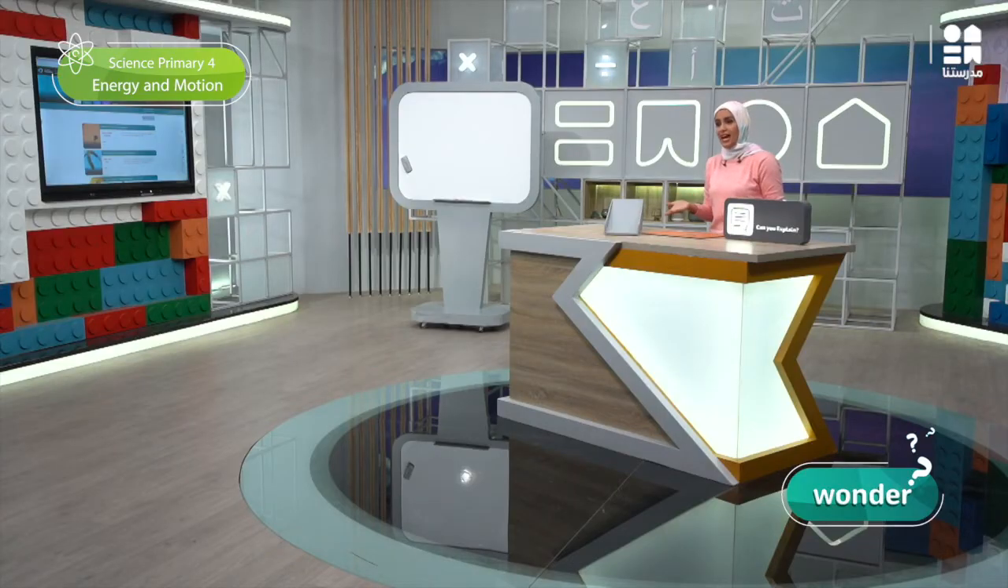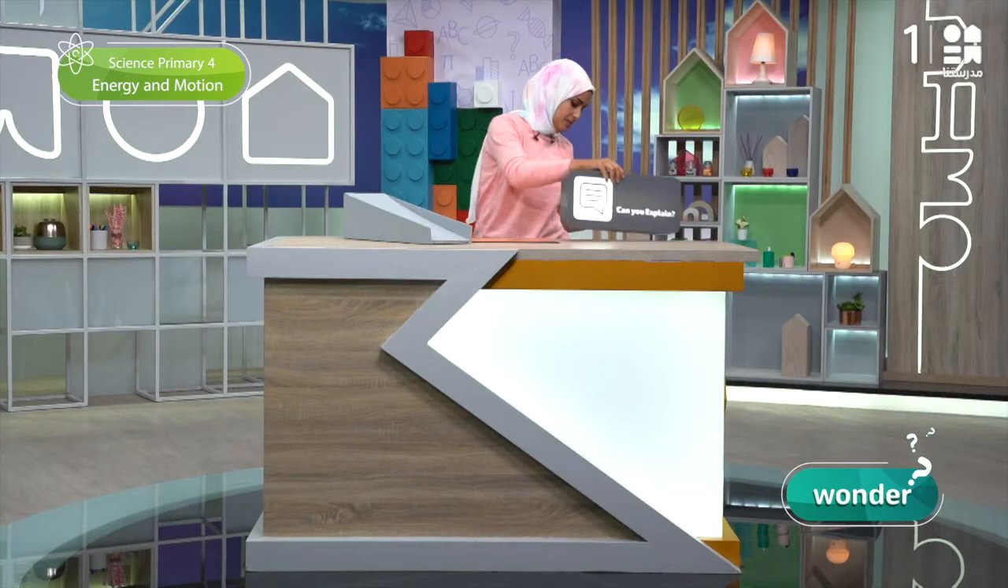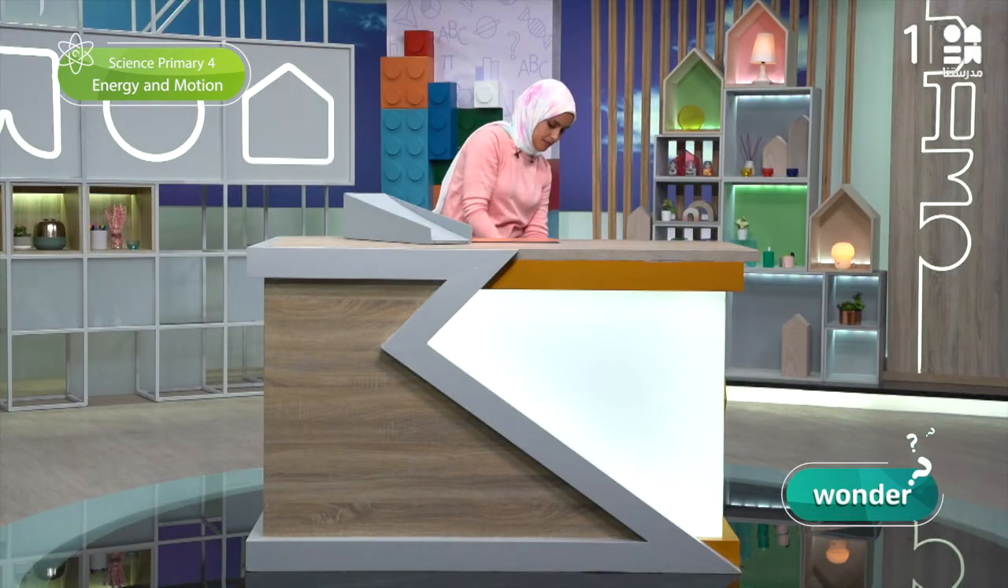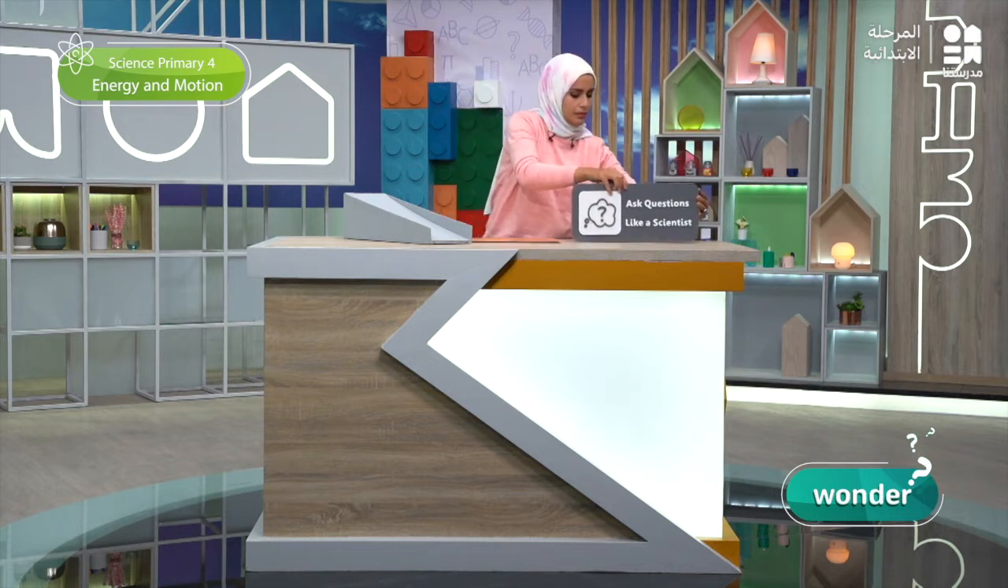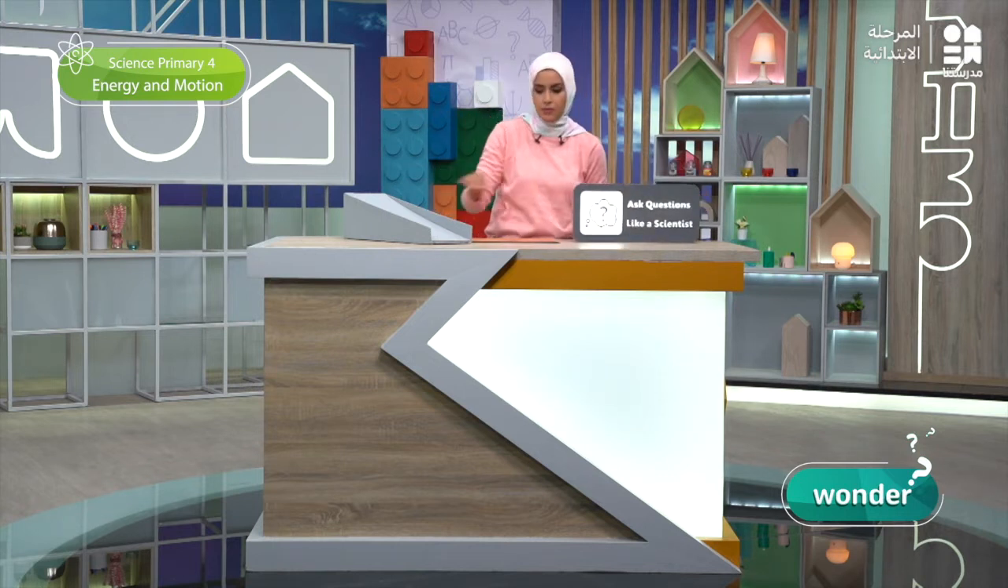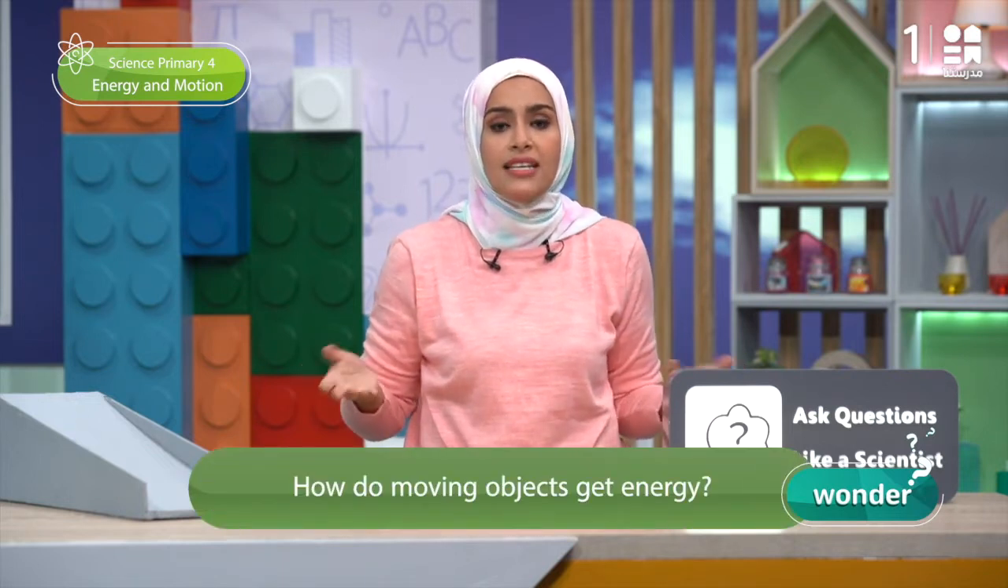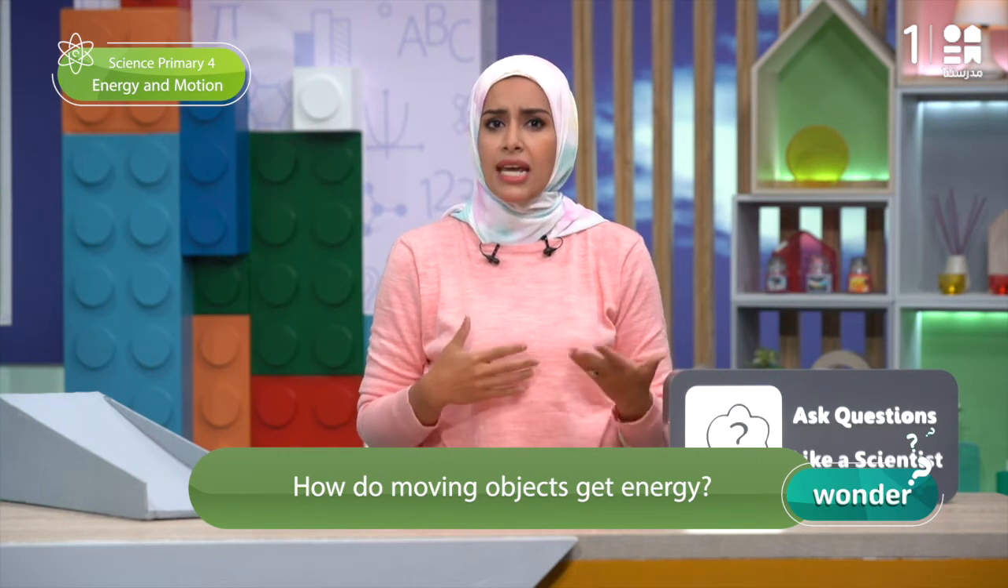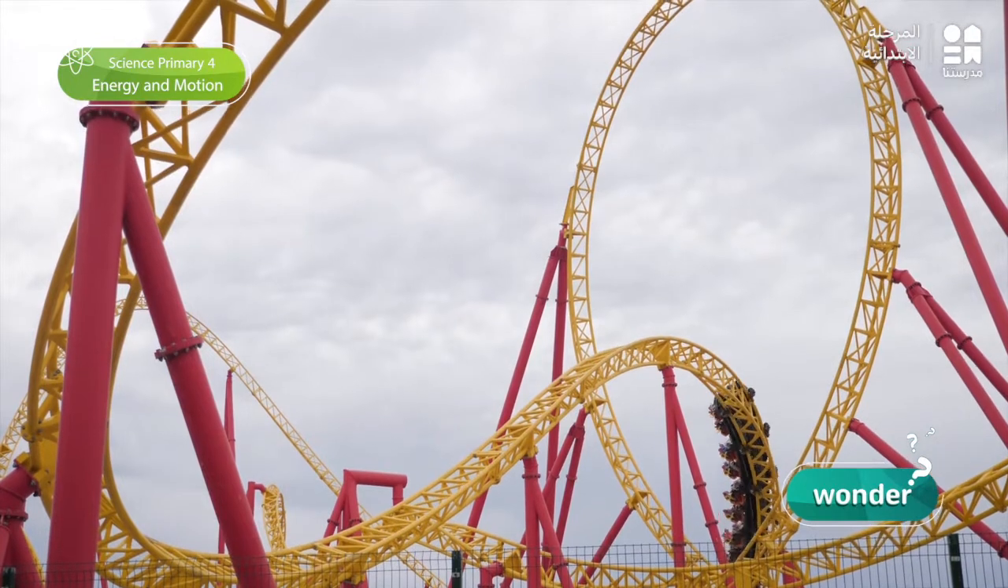Since we talk about asking questions, let's move to the second activity, Ask Like a Scientist. In the second activity, we will explore more about the question of how moving objects get energy by reading and watching a video about the roller coaster. عارفين يعني ايه roller coaster؟